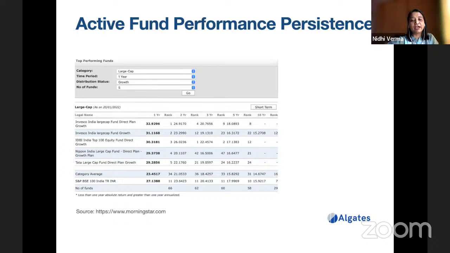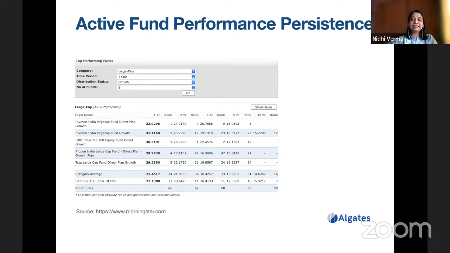So you see the fund which is in the 4th place in the 1 year performance is in the 42nd place in 2-year performance. And then you just move on and see 3-year performance. Then you see that the fund which performed the best in the last 1 year is ranked 9th according to 3-year performance. And the fund which was second when you see the last 1 year performance is ranked 23rd.